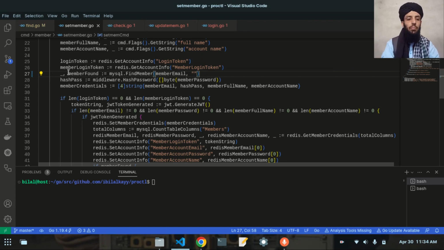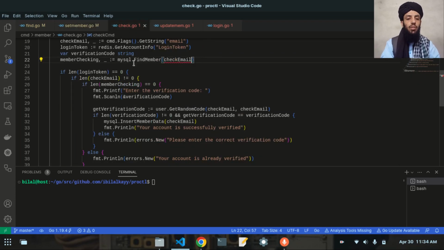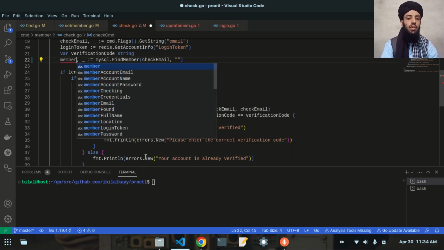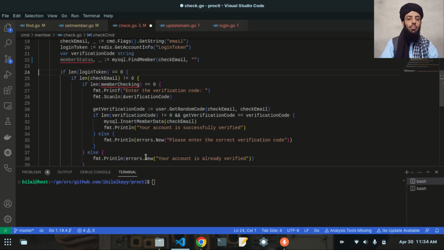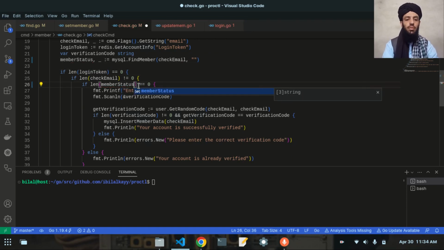it is not required. Similarly, I will go to the check, and as you can see, that is only requiring the email address. So I will write the empty password here, because it is not required, and instead of writing member checking, I will write member status like this, because it is only checking the status of the member, not the other details. All right, so let's write